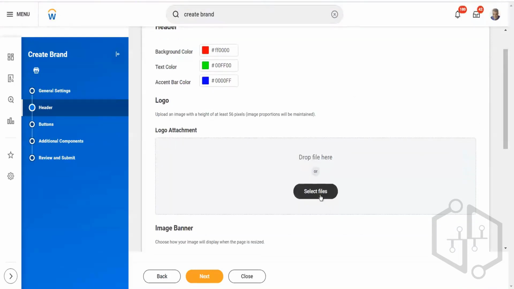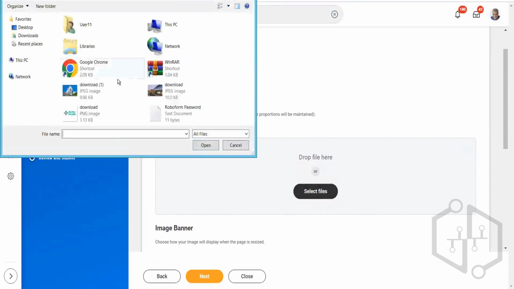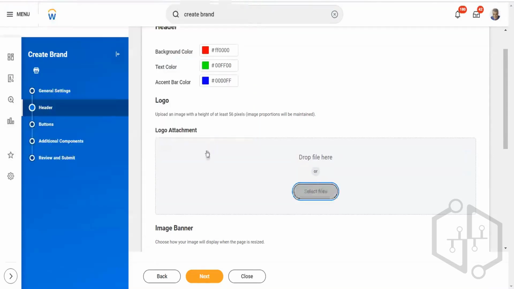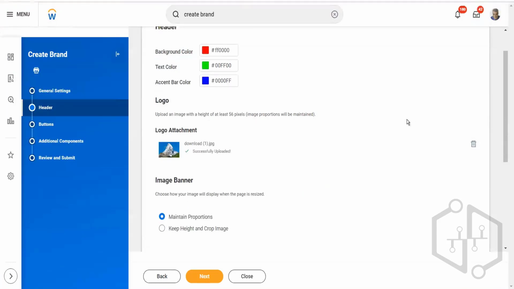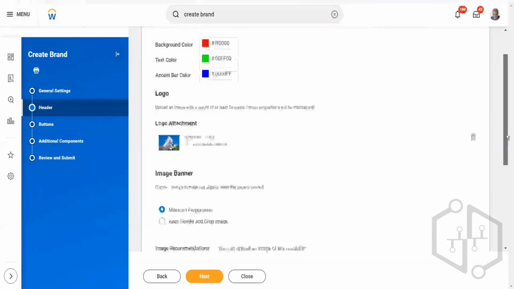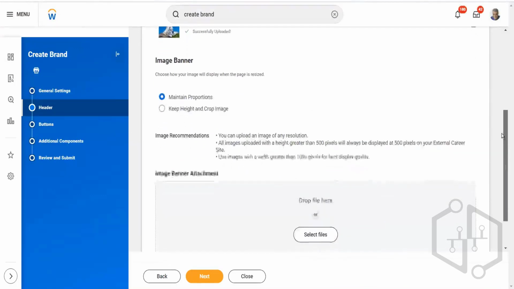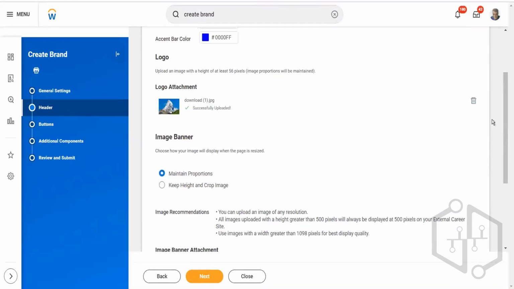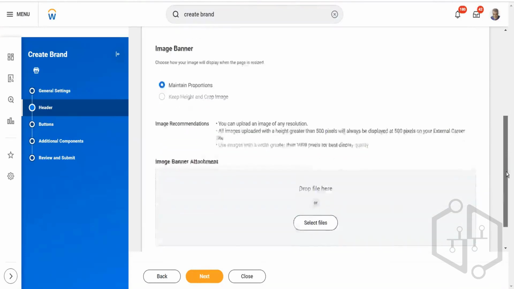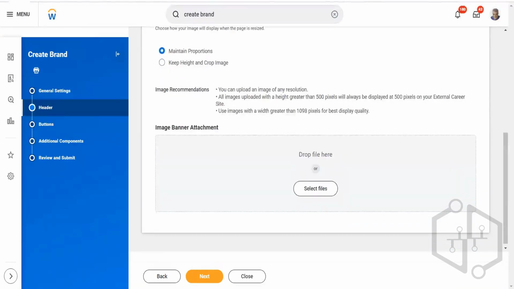Then what would be the logo we want to attach on our brand? So for that, we should have the logo already, and Workday accepts JPEG files and all these formats. Okay. So this is the logo, and then we have the image banner. So image banner is like,